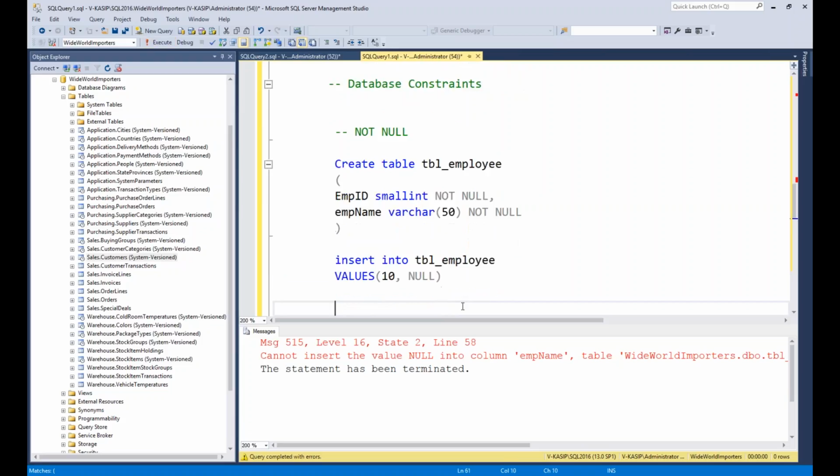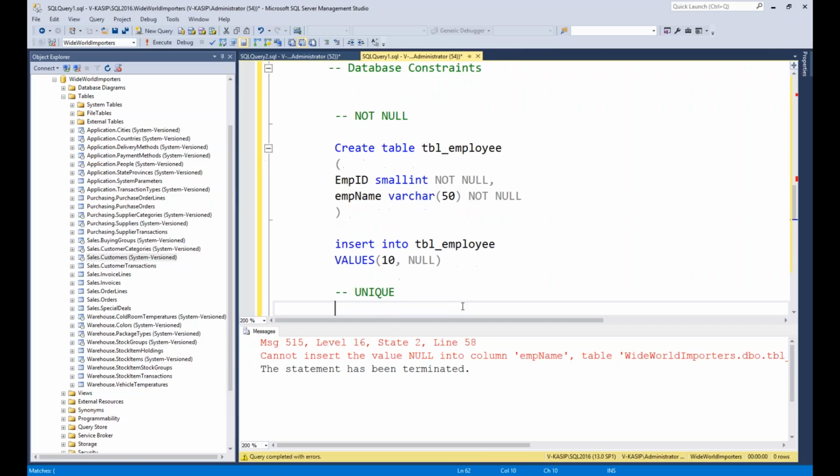Second one is unique constraints. Sir, you're not discussing not null, primary key, are both the same or different? You need to wait for a minute. I'm talking one by one. That's good, you know a couple of database constraints. We'll talk about that one.